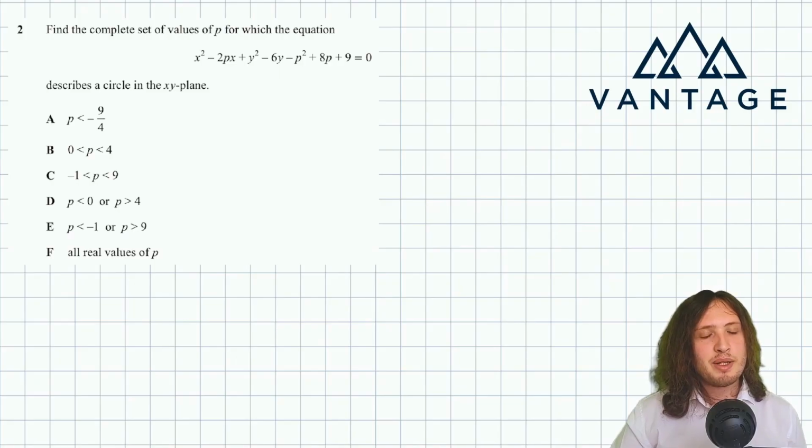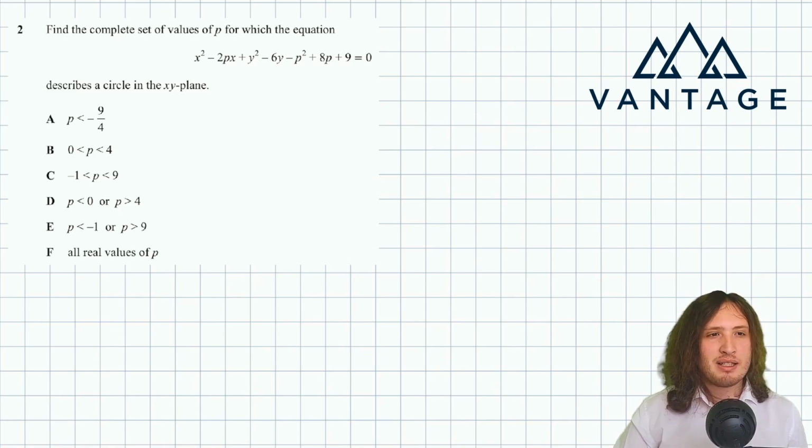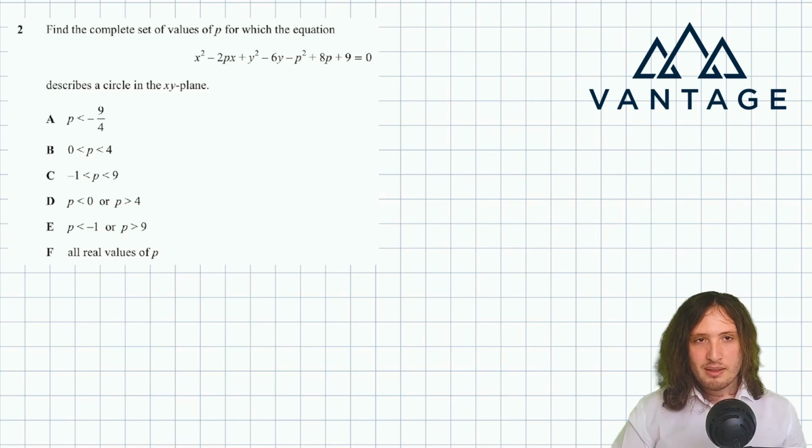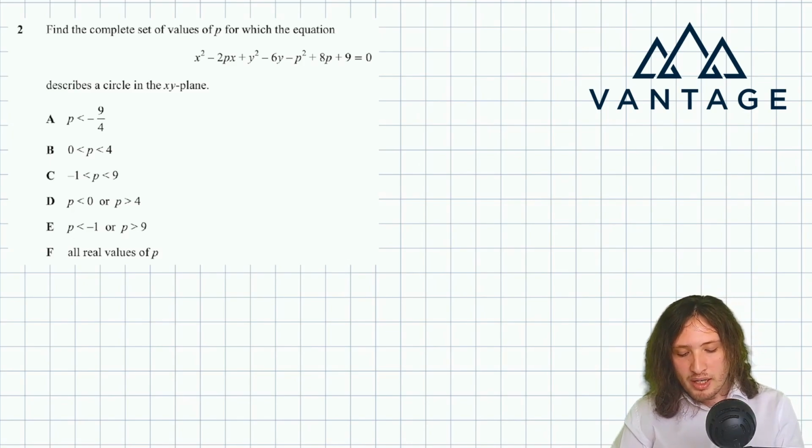In this question, we need to find the complete set of values of p for which the equation x squared minus 2px plus y squared minus 6y minus p squared plus 8p plus 9 is 0 describes a circle in the xy plane. So thinking ahead, if we were to try to write this in the form of a sort